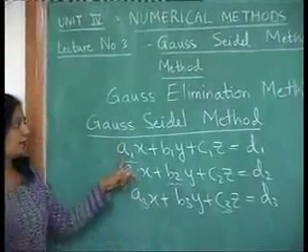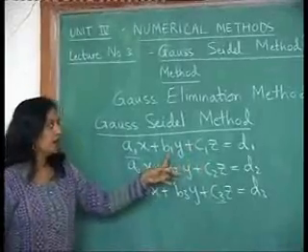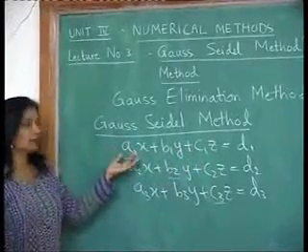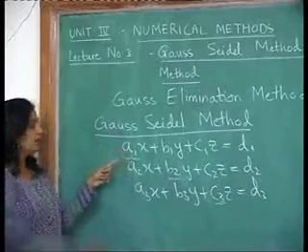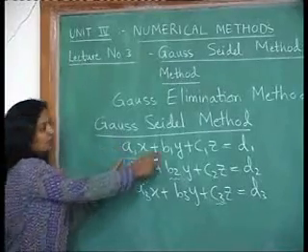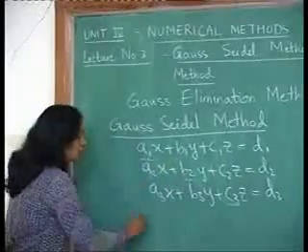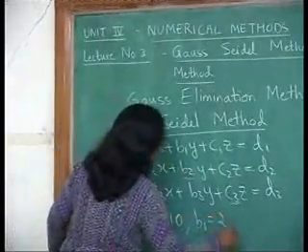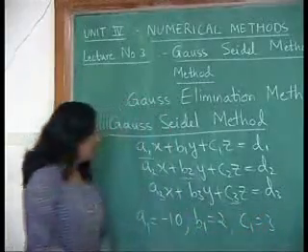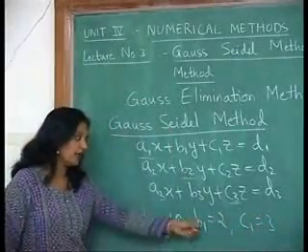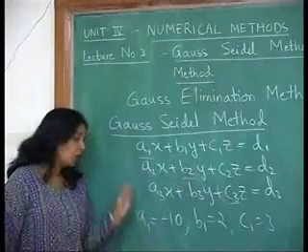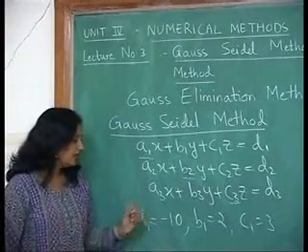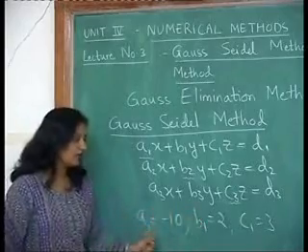That is, as compared to B1 and C1, the value of A1 has to be large, large in the sense of magnitude. Maybe A1 is minus 10, B1 is 2, C1 is maybe 3. So A1 is surely not greater than B1 or C1, but the modulus of A1, that means if I ignore the sign, is definitely bigger than B1